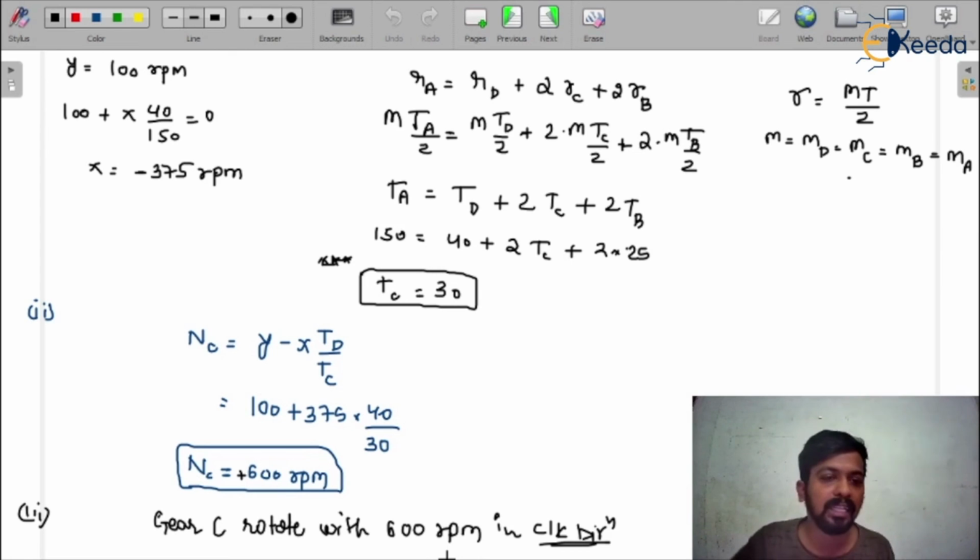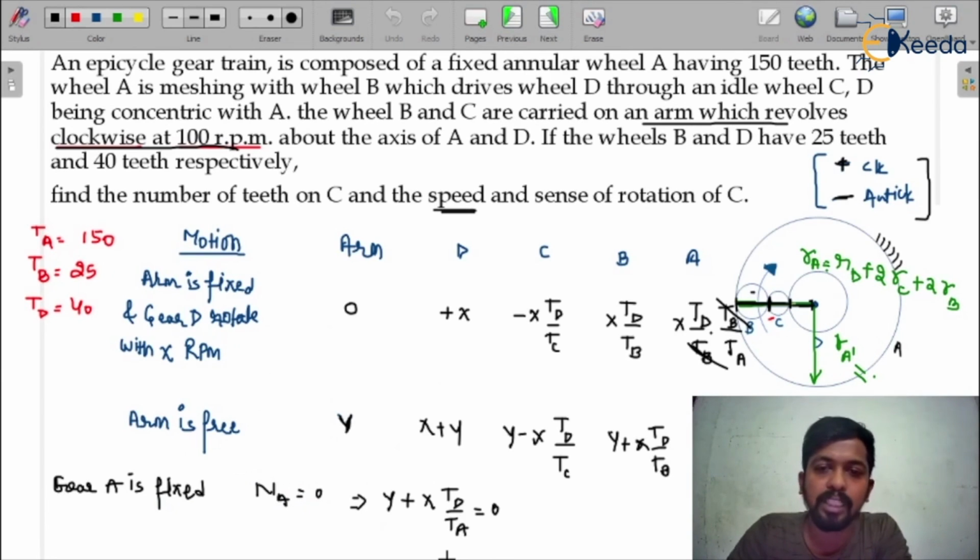Okay, I hope you will get the solution of this question. There is nothing complicated, you just have to draw the diagram. You are able to draw the diagram now, because we have practiced a lot of questions on the epicyclic gear train. So it would be easy to understand how we draw the table. Just draw the table in a general way. Don't try to put the values directly in the table. First draw the table according to the given data in the question. Then just put the values, whatever is given in the question, and you will get the answer.